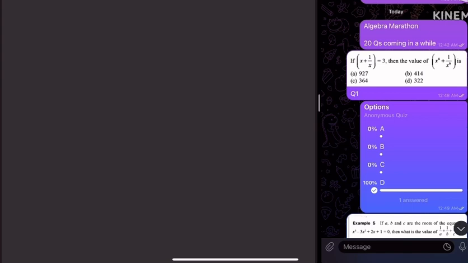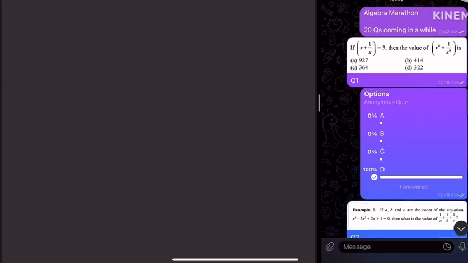Okay, so let us go through all the questions of geometry, algebra. Question number 1 is: if x plus 1 by x equals 3, what is the value of this? For such questions, the only thing is we have to convert this x to x to the power 6 form.